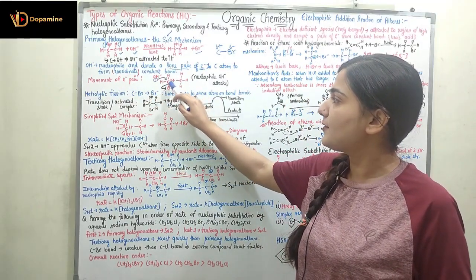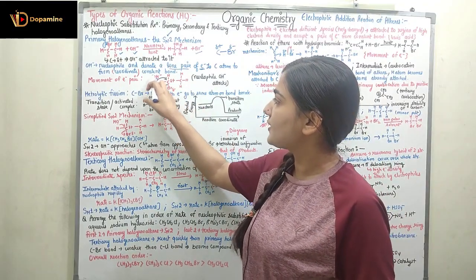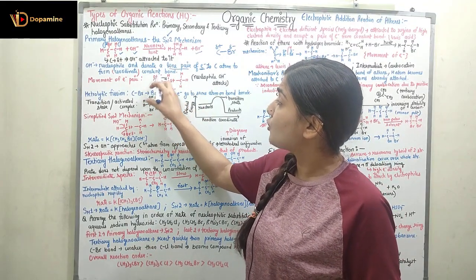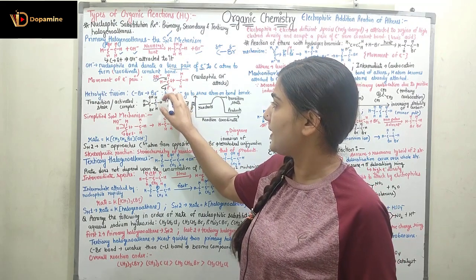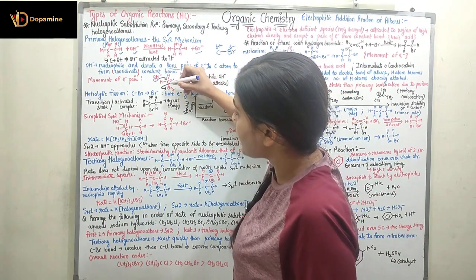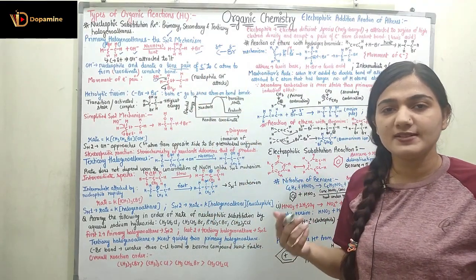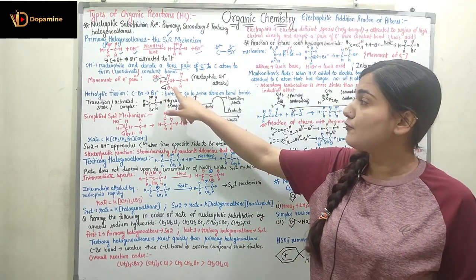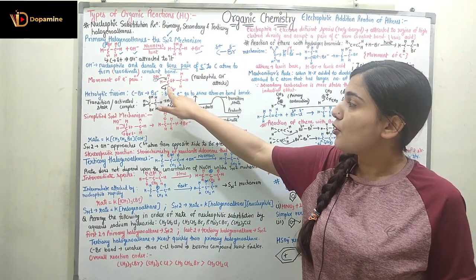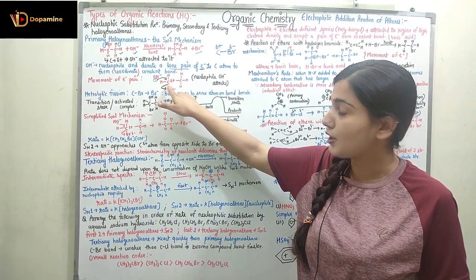Here we have the carbon with the slightly positive charge, delta positive. This is my OH negative, which is the nucleophile. It is going to attack this carbon. This is delta positive, this is delta negative. The carbon-bromine bond is going to break by heterolytic fission. What happens in heterolytic fission? Both of the shared electrons move towards only one atom. So bromine will have both of the electrons which are in this bond.